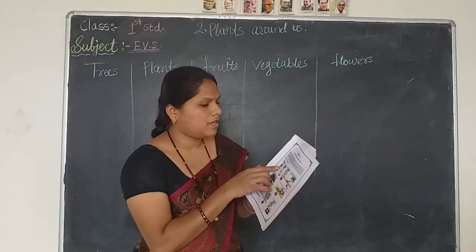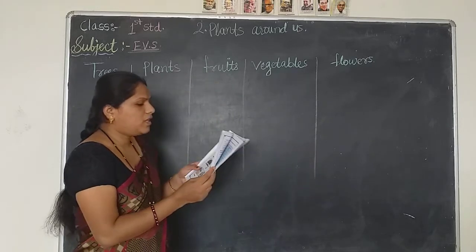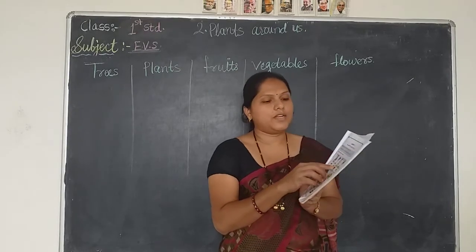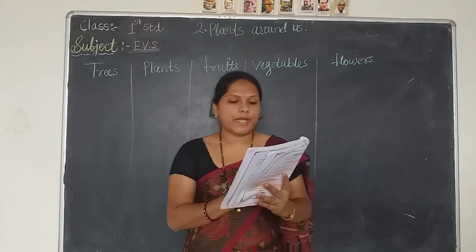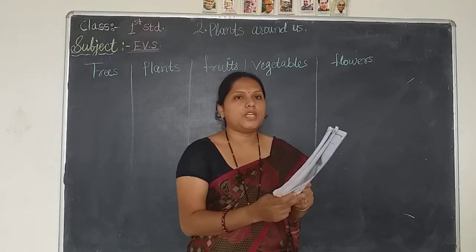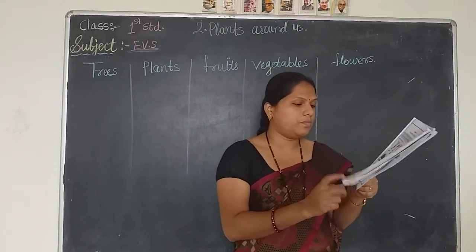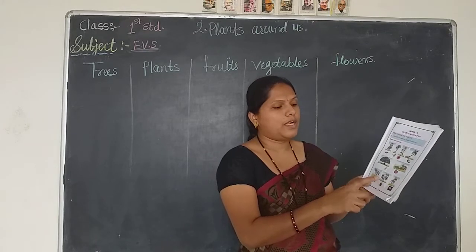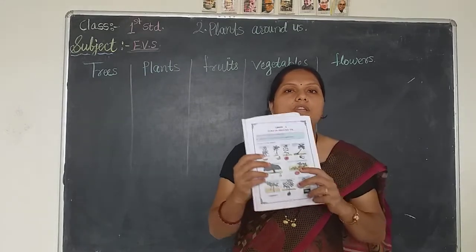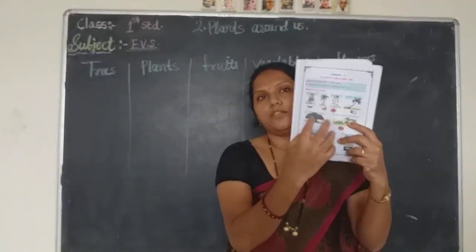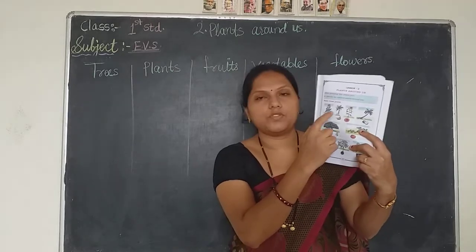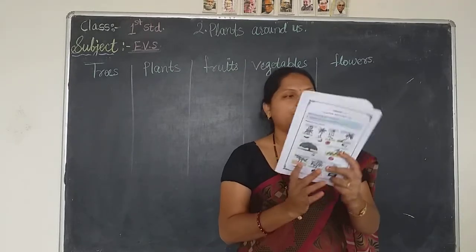Chili. They are given here chili plant. Next one is coconut, banana tree is there. Sunflower plant, coconut tree, mango tree, pumpkin creeper. Pumpkins are kept in creeper. Next one, beans is there, brinjal plant and rice crop. So you have to identify. They are given here small pictures of that fruits, flowers. We have to just identify and we have to write the names of that plants and trees.